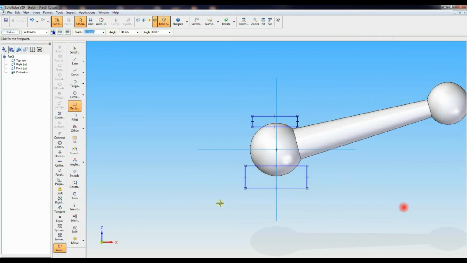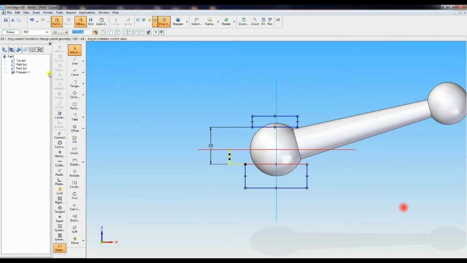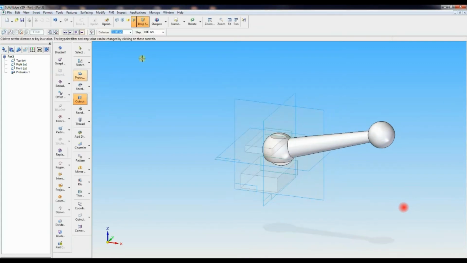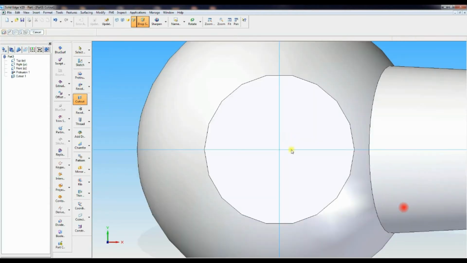Now go to distance between, from that to that the distance should be 11, from that to that the distance should be 28. Drawing 30, I took 28, and that one is 11 mm. Okay, now return. Throughout cutout, you have to give symmetric cutout. Now go to that part, cutout.